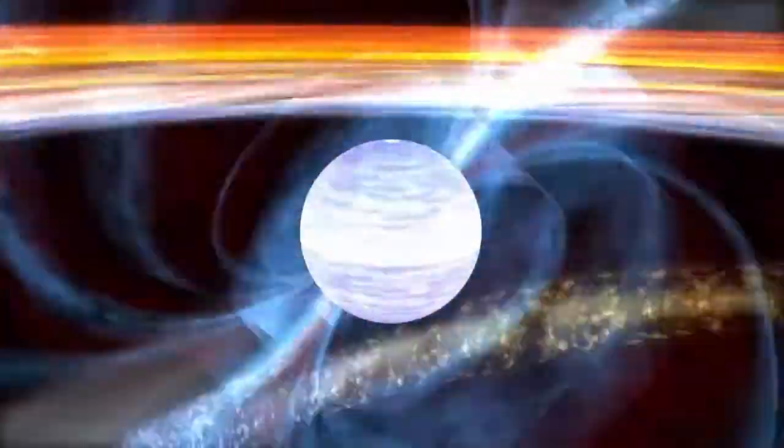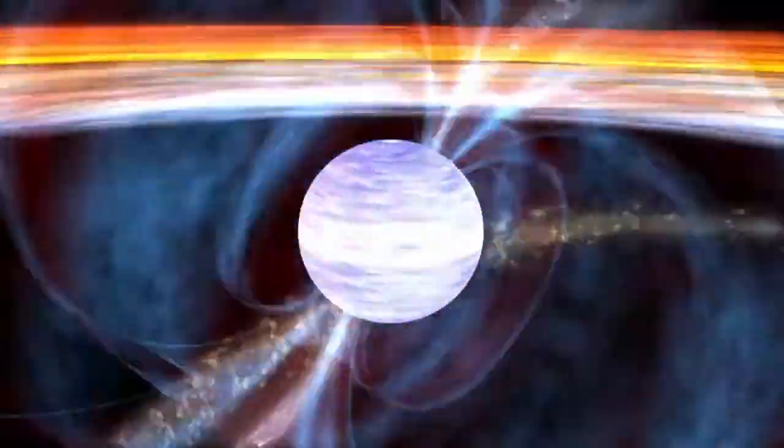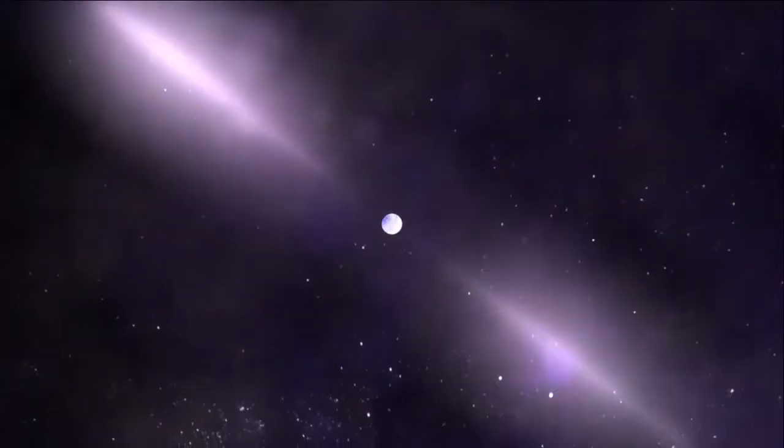They can spin many times per second on their axes. The fastest pulsars spin over 700 times per second. And that rapidly spinning massive object generates extremely strong magnetic fields and accelerates particles to high energies. And we see those accelerated particles emitting energy in the form of gamma rays, X-rays, and radio waves. And when that beam sweeps past the line of sight to the Earth, we see it pulse on, and that's